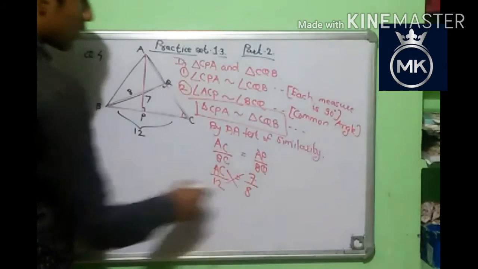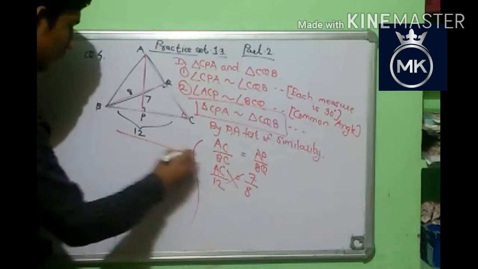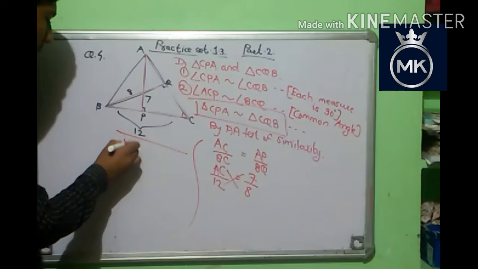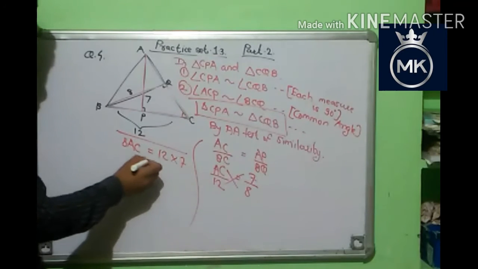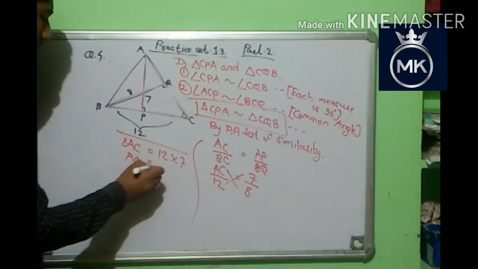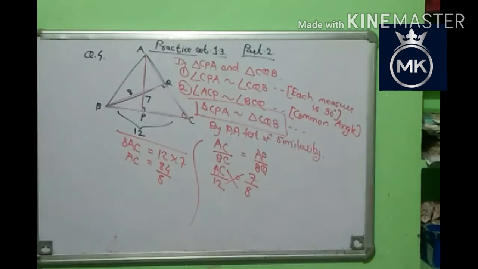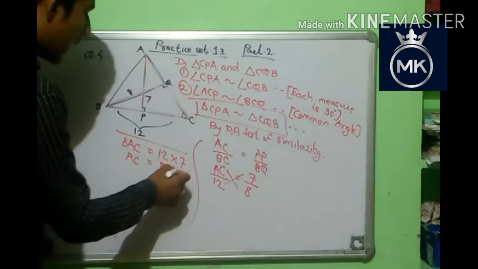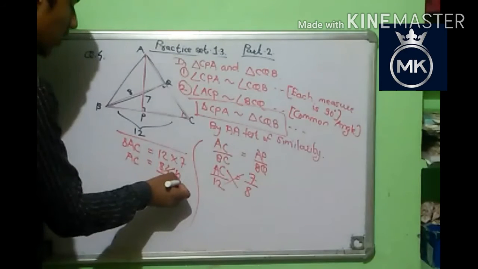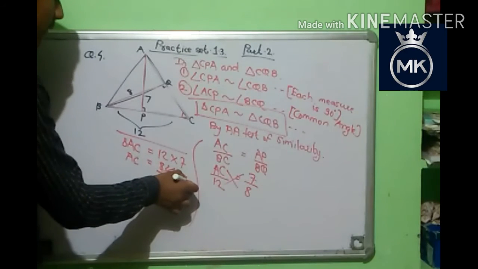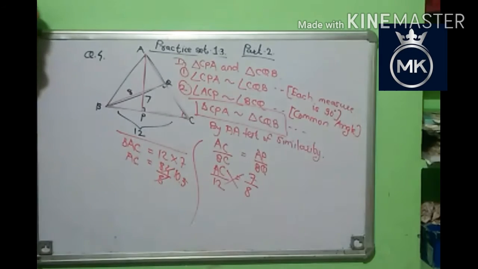So cross multiplication, I write here 8 AC is equal to 12 into 7. So friends, AC is equal to 84 by 8, because this is converted to division by 8. So 8 ones are 8. Then for the next digit we have 0, then point, more 8 fives are 40. So our answer for side AC is 10.5.